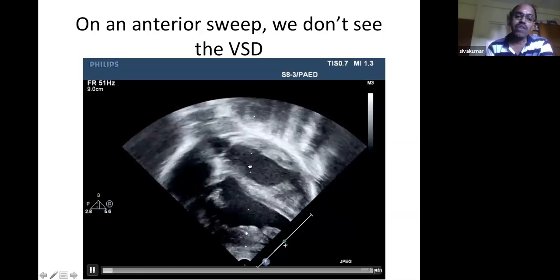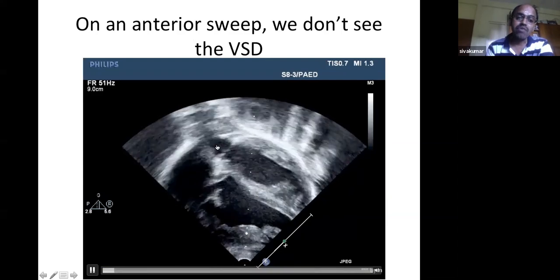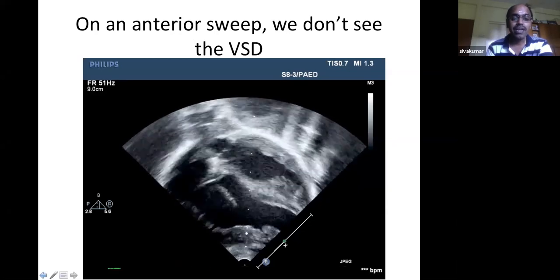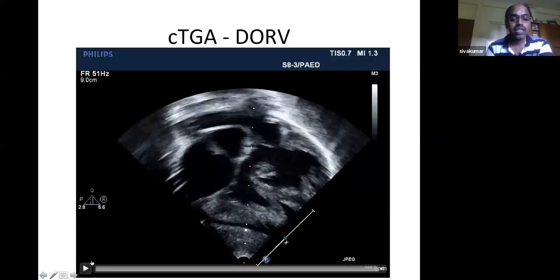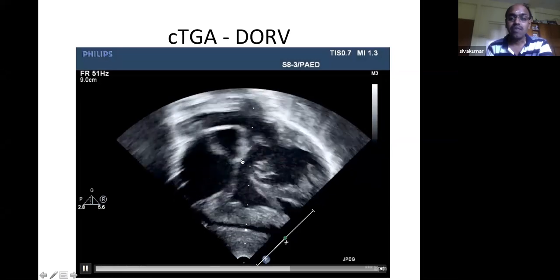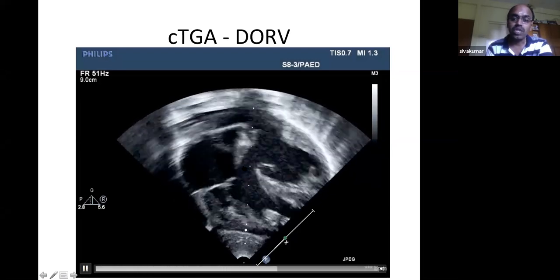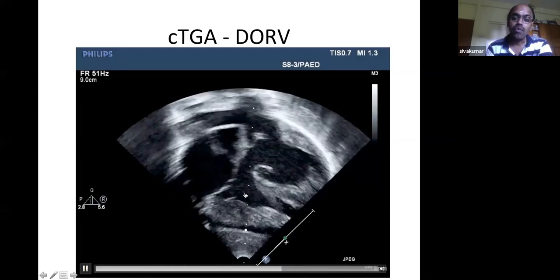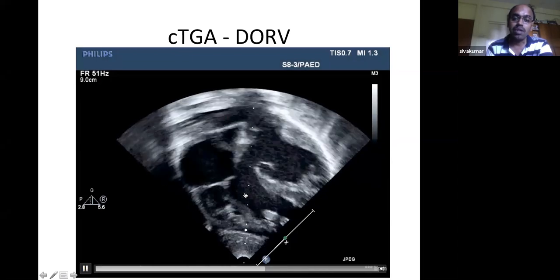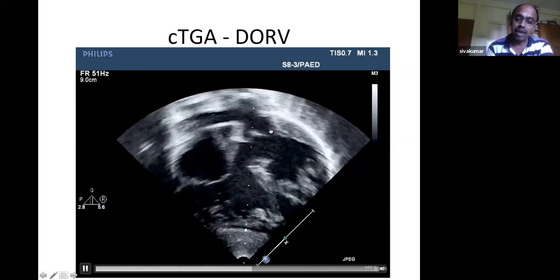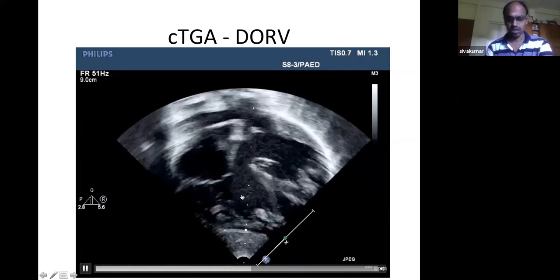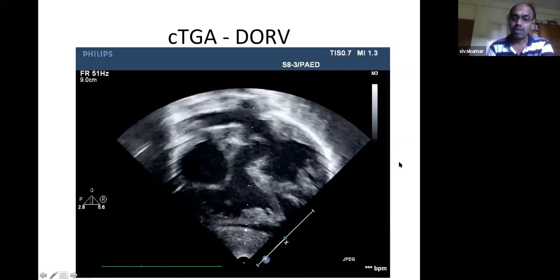When we go very, very anterior in the same patient, this is the right ventricle giving off the aorta and the VSD is not seen. So I'll go back. In this plane, you will find that the VSD is located more in a posterior plane, and we will not be able to route this left ventricle towards the far more anterior aorta, and we may have to route this left ventricle towards this pulmonary valve.